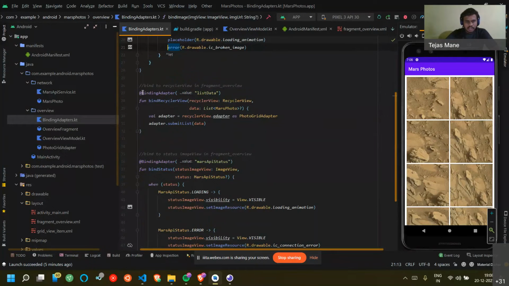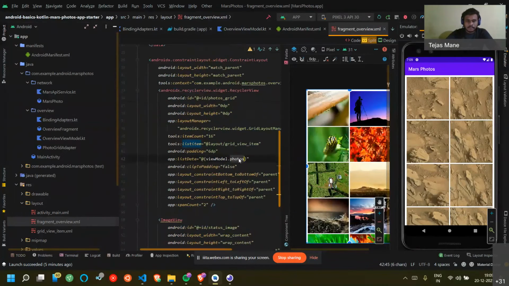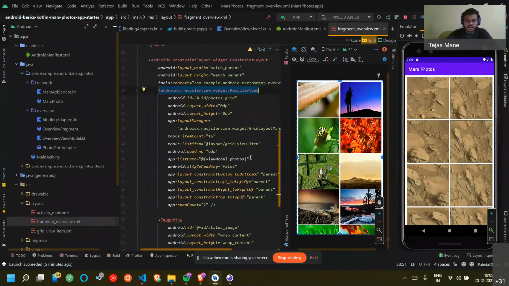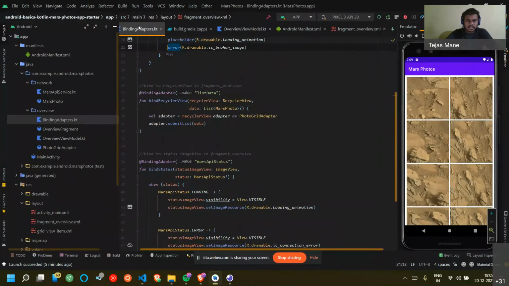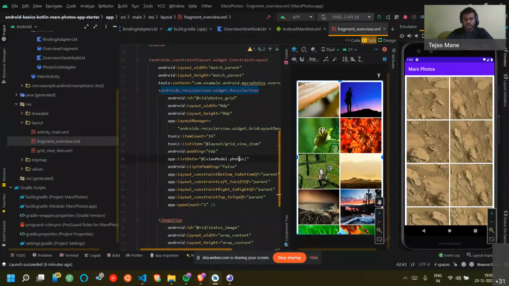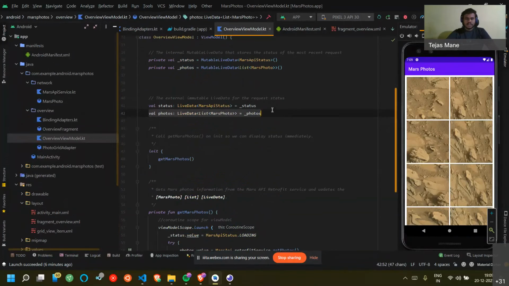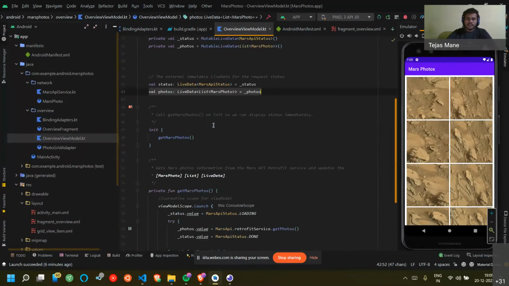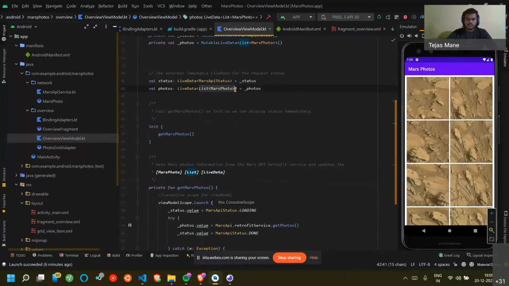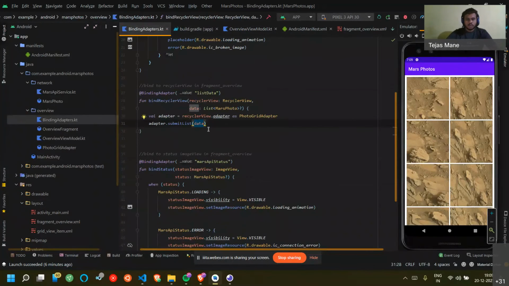And similarly, there are other bindings like list data binding. You can see here the list data binding in this file. What is list data binding doing? It's basically submitting the list we are getting from the server to this recycler view. You can see here adapter dot submit list and data. And what's this data? We are getting this data from view model dot photos. Where is photos? Hold control and press here. We have declared the photos in the overview view model file, which is a list of Mars photos. So I think you all are understanding,